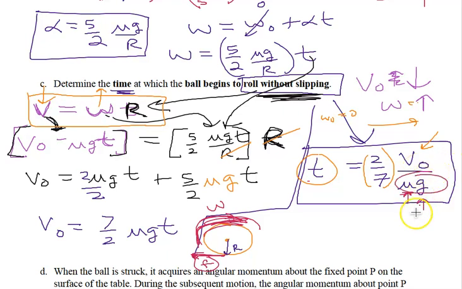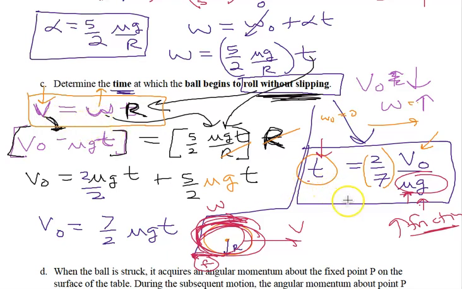So these two things are really coming from friction. So as friction goes up, the time it takes to get this up to speed enough that it matches the translational speed following this relationship, the quicker that's going to happen. Okay, that is the answer to C, and that is basically all I want you to get out of this